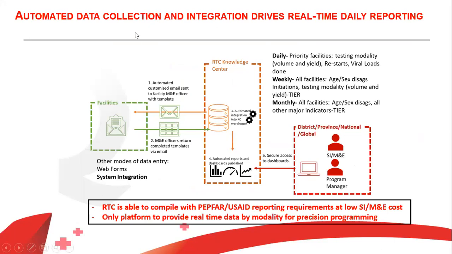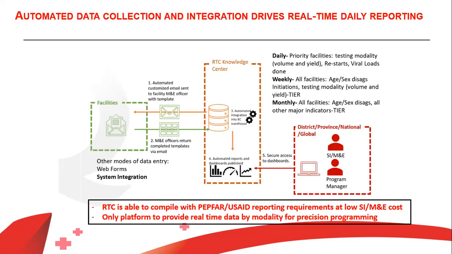So what we developed here is an automated data collection system where on a daily basis, we can track the key indicators at every facility. For example, in Ehlanzeni, we look after 137 facilities. So on a daily basis, an email template is sent in an automated fashion. An M&E officer captures the data on this data collection form in an aggregated fashion, disaggregated by age, by sex,